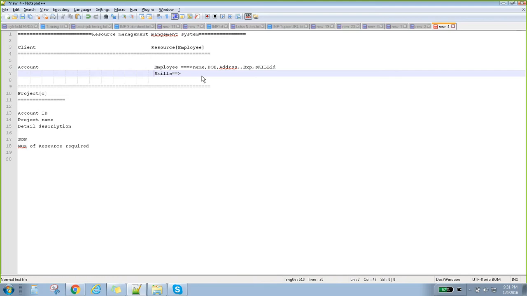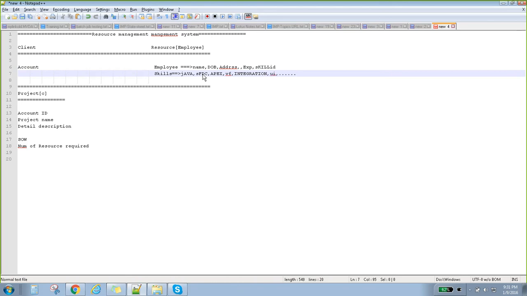Assume skills is one object, so there will be many records. You are a Java background, or SFDC, Apex, VHub, and you are good in integration, and good in UI design, and so on.